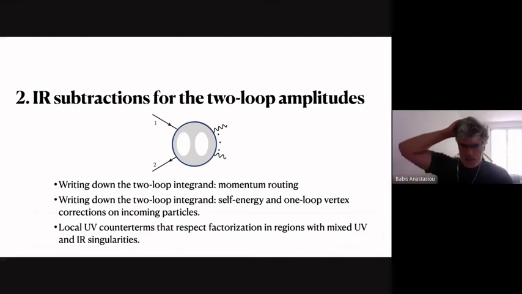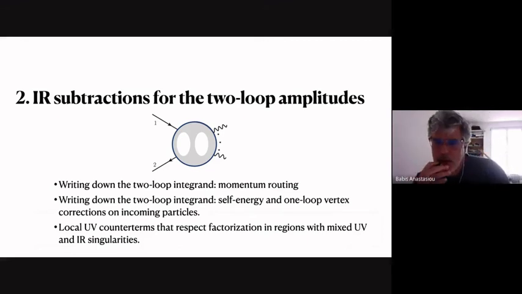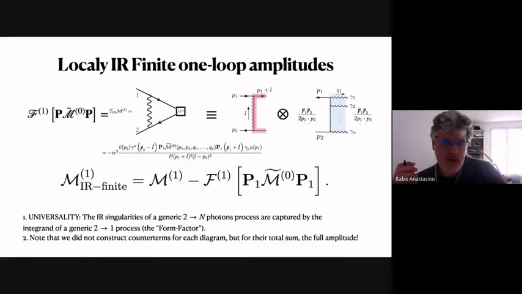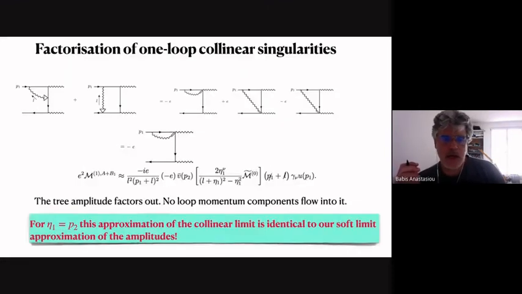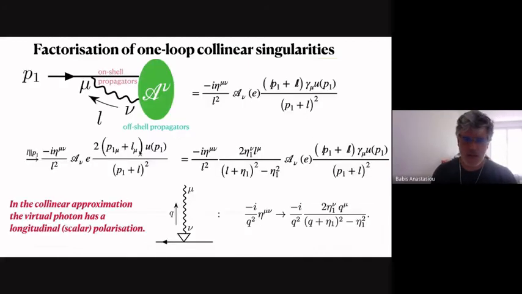Okay, so now I will go and discuss a couple of things at two loops. Very briefly, I promise to keep myself on time. Well, we can do that. Here it was kind of effortless. We actually wrote down the amplitude, and we just saw that the soft and collinear singularities cancel out. But let me point something out here.